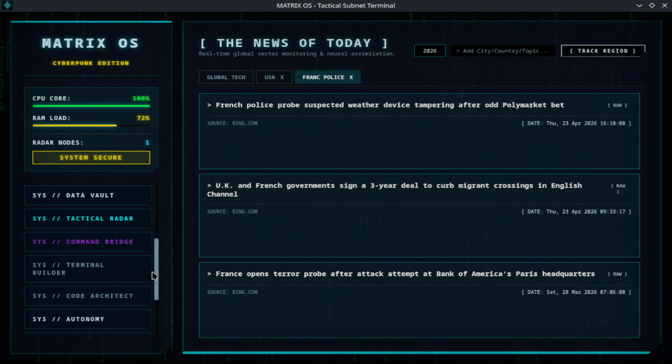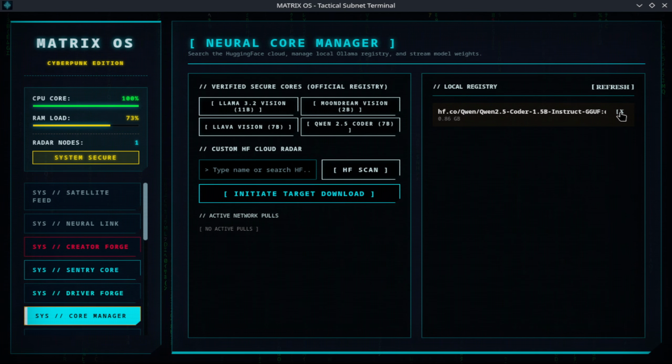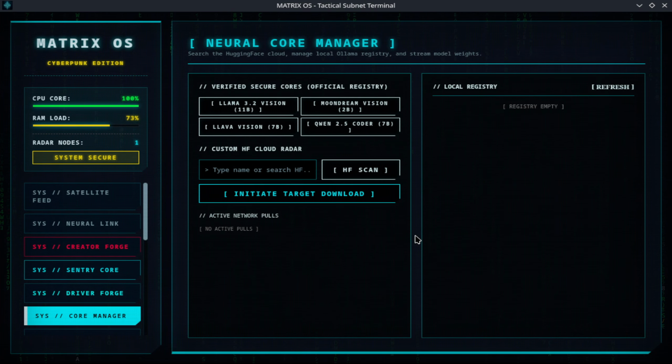And in the end, if you don't like the model, you can always remove it. You can press X, and it will ask you if you want to remove the model. You say yes, I want to remove the model, and it's removed. And that's it, guys, for